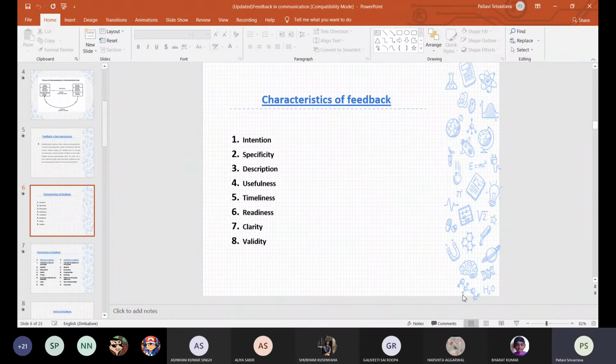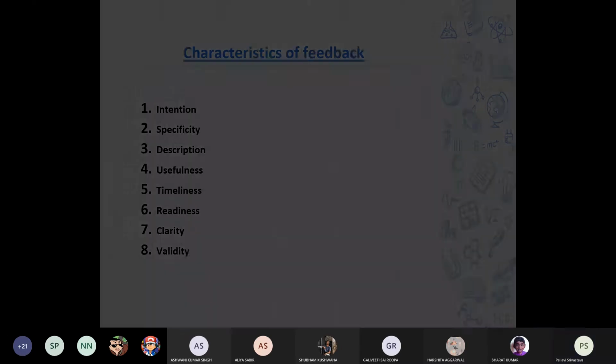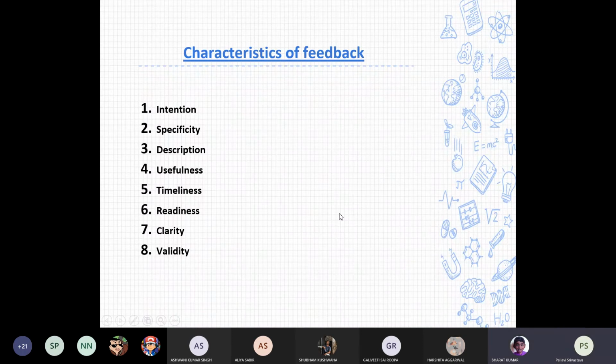Okay, so these are the characteristics. Yes, is an answer a feedback? It depends. The other party is ready to ask and listen to it. Are they in need of that information? If someone is in need of that information, then it will be feedback. So yes, answers are responses, they are replies, they are feedback. If I have asked the question and I get the answer, that is feedback.